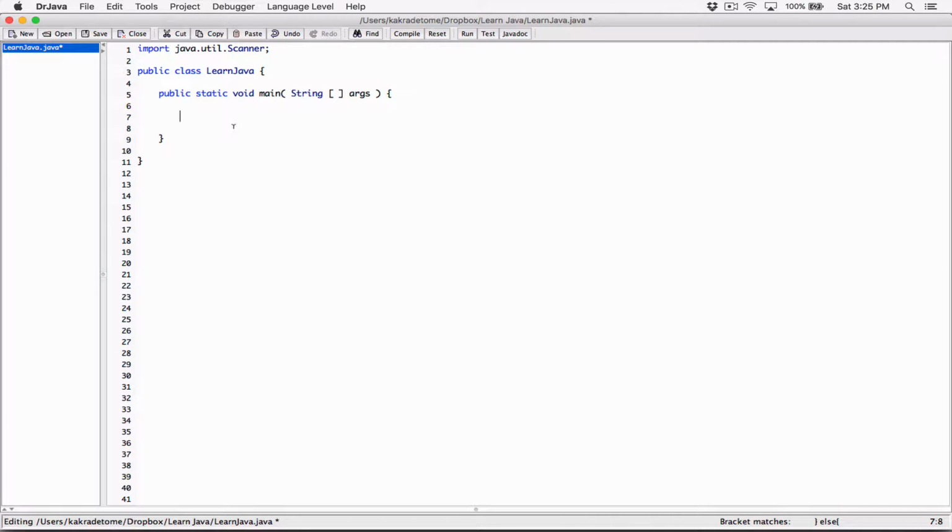With the Scanner class, we have to create a Scanner object. So I'm going to create a Scanner class type variable, and I'm going to call it keyboard. This keyboard variable is going to hold the memory address of a Scanner object. Let's go ahead and create the Scanner object here. I'm going to create a new Scanner,